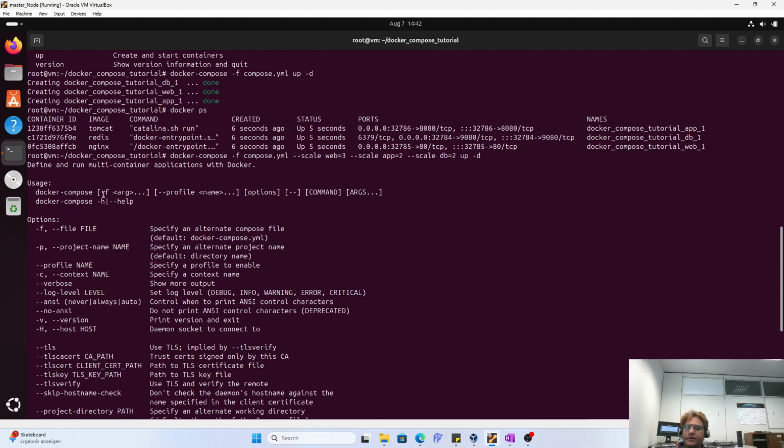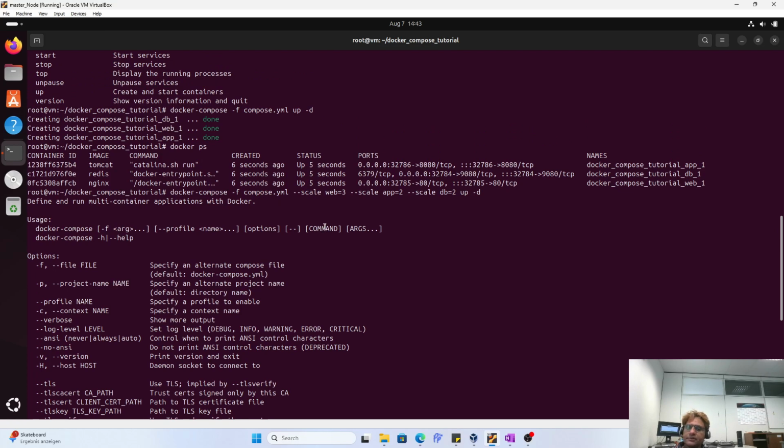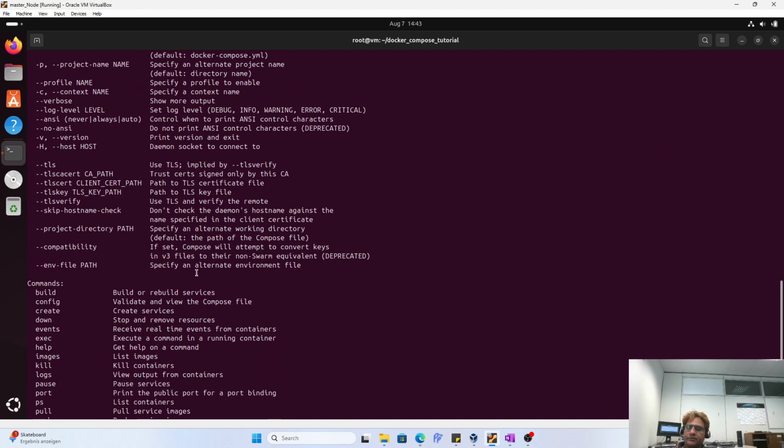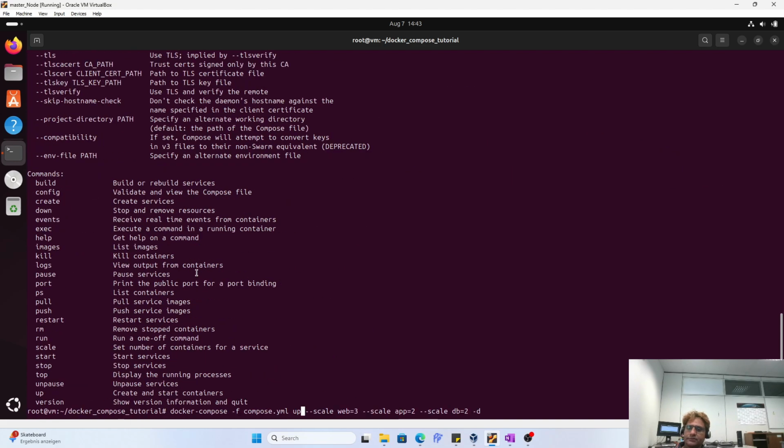because after docker file comes the file, and the argument means that part of the file, and then here we can add any other option, and then immediately comes the command, any one of the commands. Okay, so for example, the command is the up,